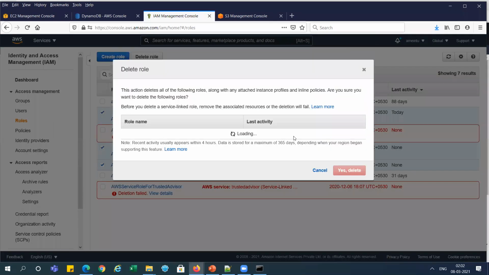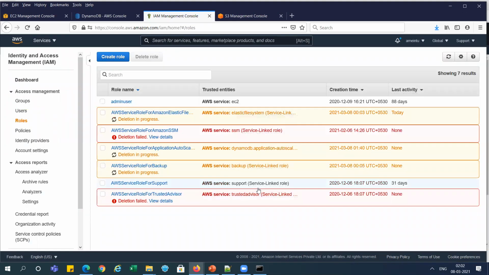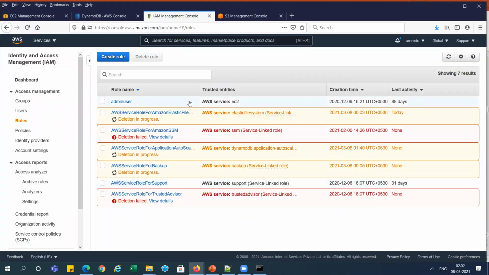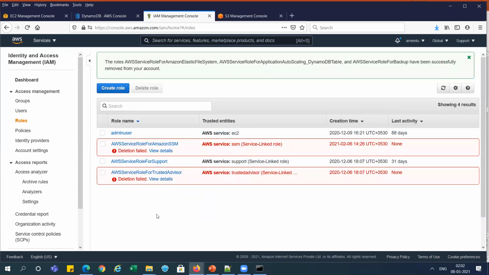So deleting this role also. Let me add one more point here, roles, right? Now it will delete it, and you can see it is deleted, right?